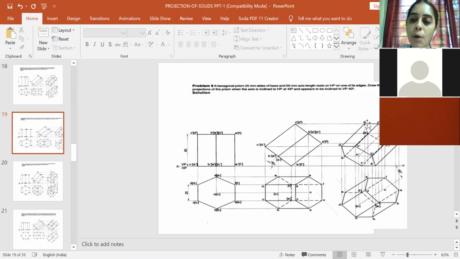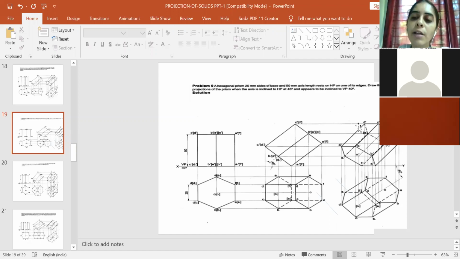So this is the top surface of the hexagonal prism and this is the bottom surface. So we have named it. Before drawing, I told you always the outer boundary will be visible. So before going to that, don't forget to show the center. So O1 is passing through O1 dash at this point. So this will be our O1 dash. Similarly, O is meeting O dash at this point. So this is our O dash.